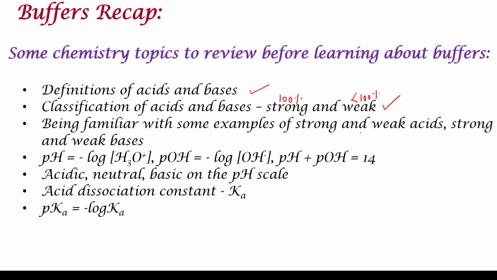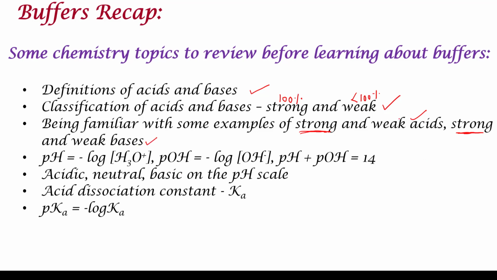Okay, and it is also important that you're familiar with the strong acids, because the strong acids are only very few, but there are lots of weak acids. So if you know what acids are strong, then it's easy to know which acids are weak, because if anything doesn't belong to that list, you know that the rest is going to be a weak acid. The same thing is true for strong bases as well. So the list of strong bases is pretty well defined. So if you memorize that, then whatever doesn't belong to that list belongs to the list of weak